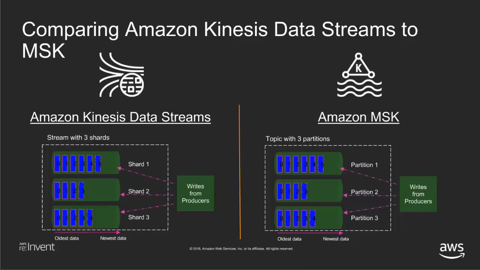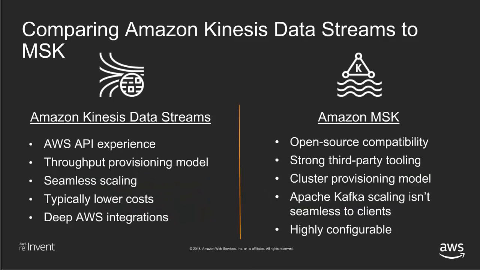With Kafka, you have a topic, and that's a logical grouping of partitions, and the data can be replayed in the order it was generated, and it's also stored for a specific period of time. So that means there's overlap in the use cases for Amazon MSK and Amazon Kinesis Data Streams. You can run data streaming workloads on both. So when should you consider using one or the other?